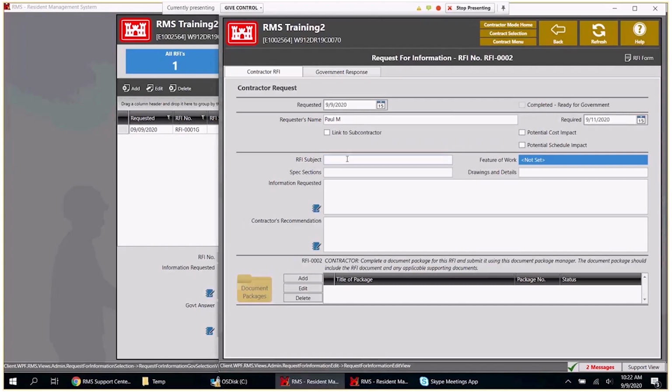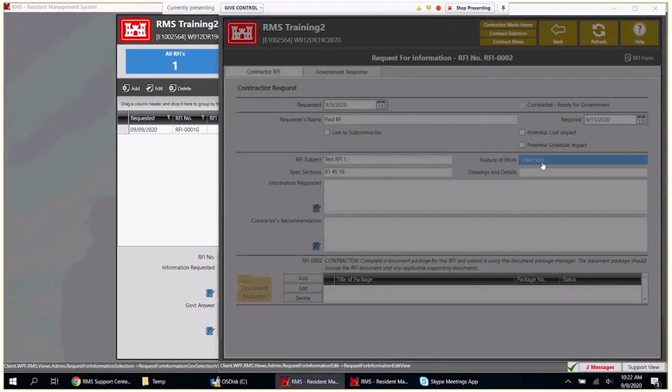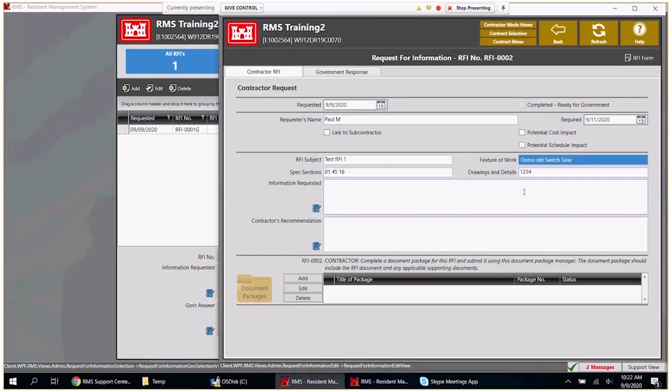So, all right, this is test RFI 1. We're going to go in and we can do a simple spec section, 45, I forget which one that was, 15 or 16. We can select this to a feature of work. We can go in and do a drawing or detail and information requested. And they put in that information, right? Of course, I can say as a contractor,